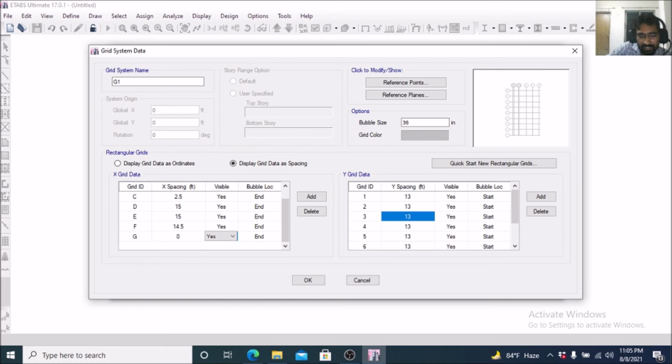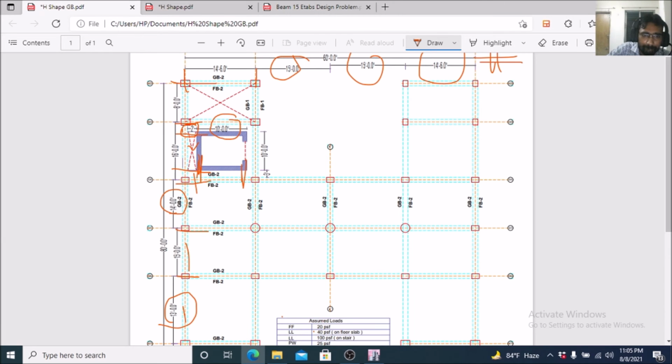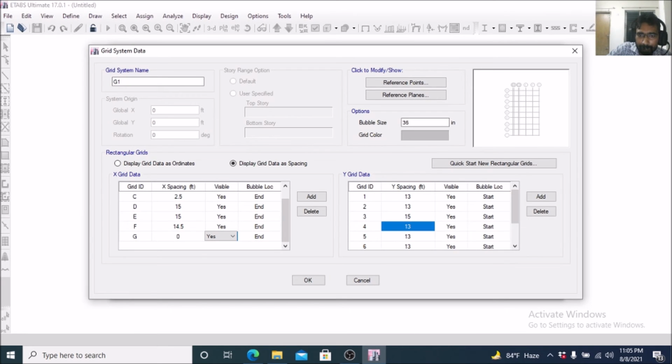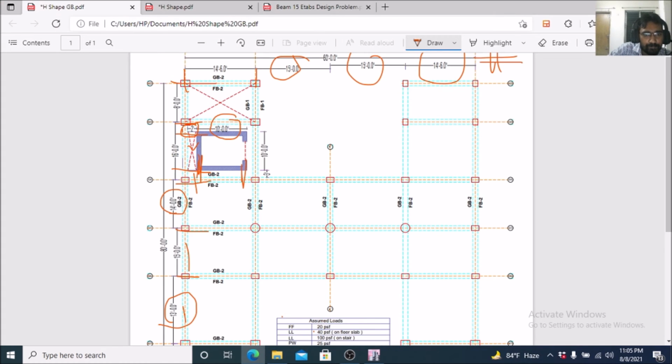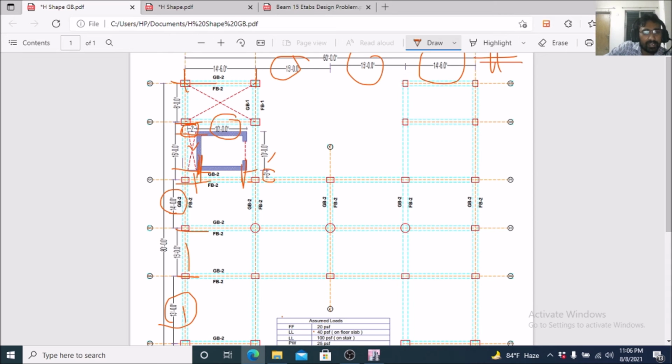So here it is 13, then 15, and then 14, then 14, then the spacing 3, then 10, then 10, 3, 10. All the total dimension will be here.